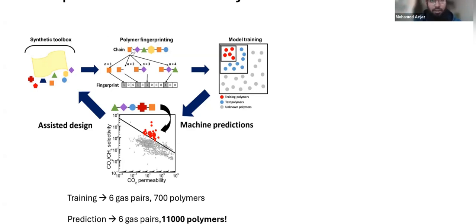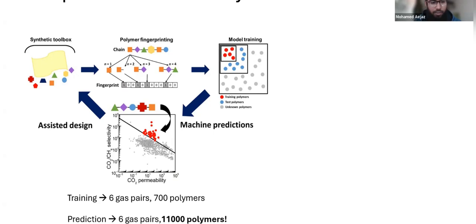So you fingerprint it in such a way that you fragment your molecules: N equals 1, N is 2, N is 3, N is 4, depending on the number of backbones. And then you code them into binary, 101 or 101. So very simple. And then you train the model, saying polystyrene against carbon dioxide has this permeability, polystyrene against oxygen has this permeability, same for all kinds of polymers. And then you let the machine predict and give you a polymer that has high gas permeation properties.